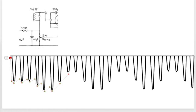All right, let's take a look at what's happening right here at this very point in our schematic. This is the top of the volume potentiometer. And this is the beginning of the AVC line. We've got AVC going back to our left here. IF transformer secondary. So as the IF transformer secondary at the top of it goes positive, the diode conducts current